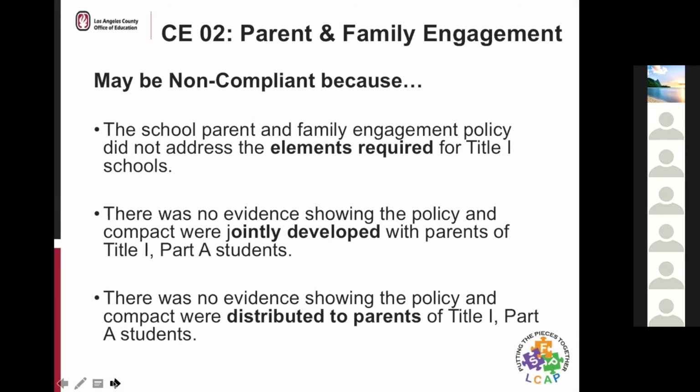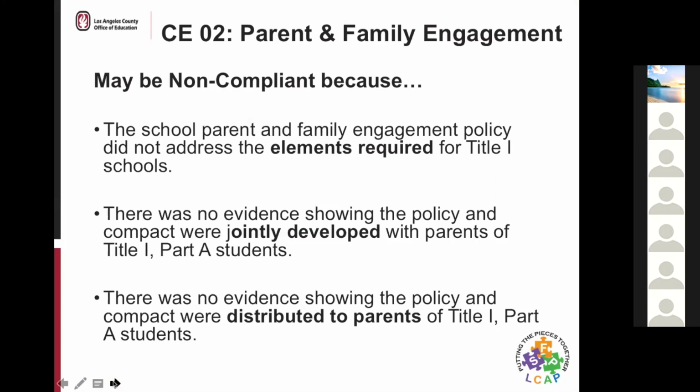So here are some reasons why it became one of the top 5 reasons districts were found non-compliant. One might be that the elements required for the policy and/or the school parent compact were not inclusive of all the components that are legally required. So they didn't address all of those elements.